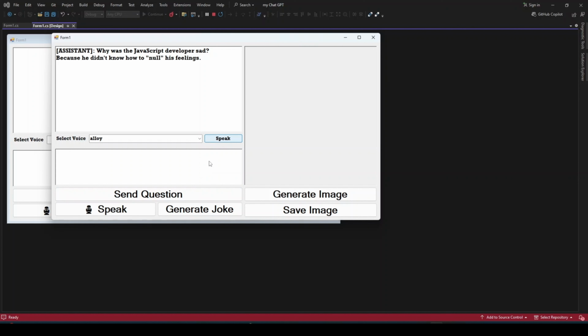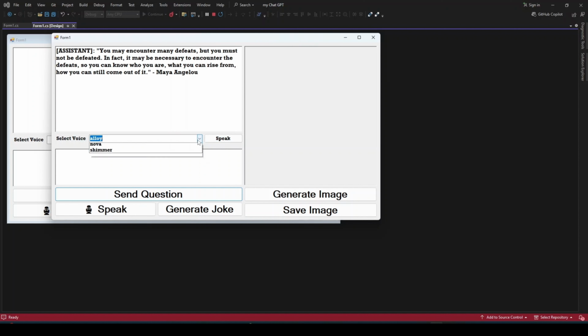Because he didn't know how to null his feelings. You may encounter many defeats, but you must not be defeated. In fact, it may be necessary to encounter the defeats so you can know who you are, what you can rise from, how you can still come out of it.